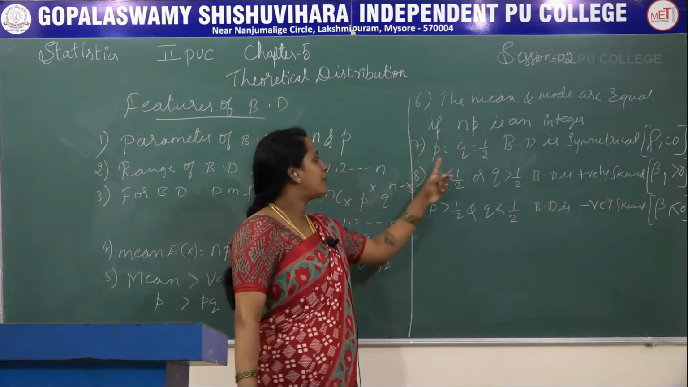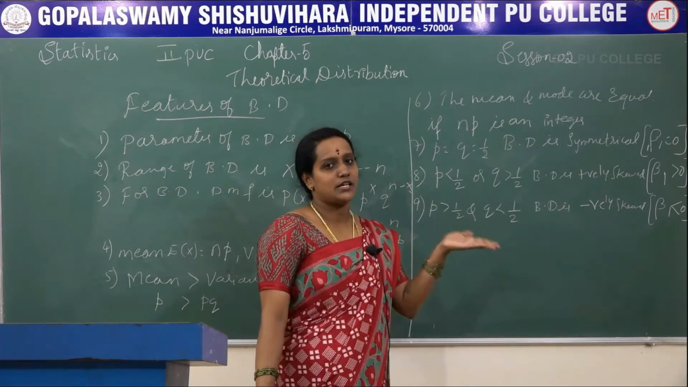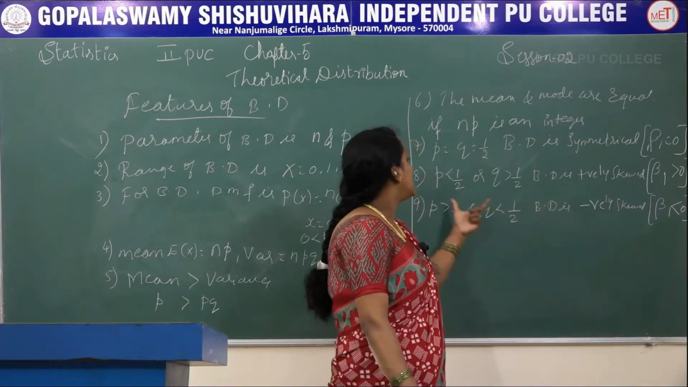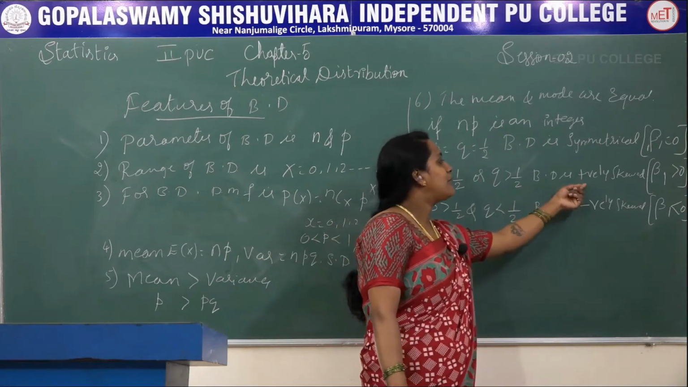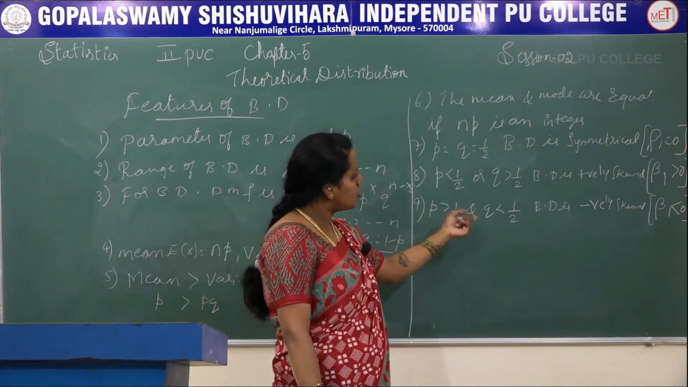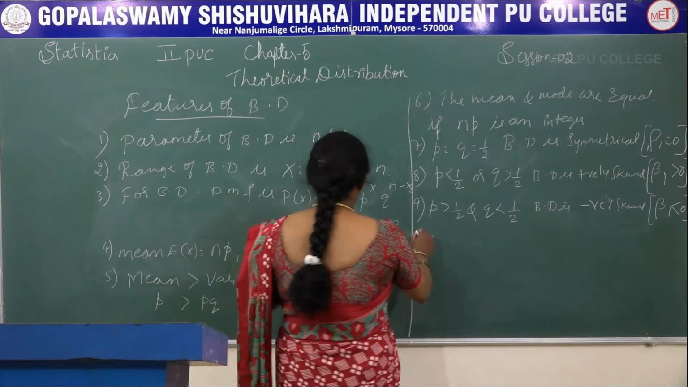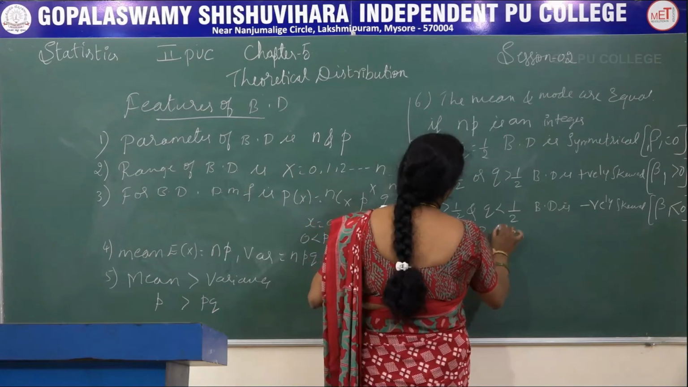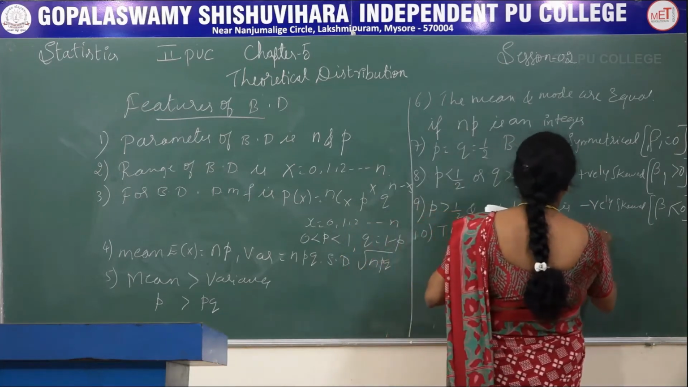I'll repeat this. If p and q, both the values are half, both are equal, so our distribution is symmetrical. Then the beta value, beta 1 or the skewness value, is 0. If p is less than half and q is greater than half, it will be positively skewed, then beta 1 is greater than 0. If p is greater than half or q is less than half, that is negatively skewed, or beta 1 is less than 0. And the last property, the 10th property, is the binomial distribution tends to Poisson distribution when n tends